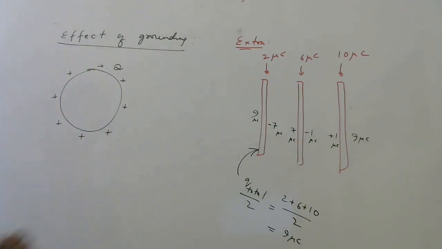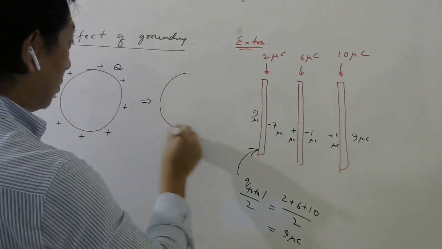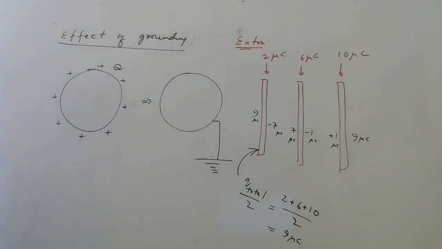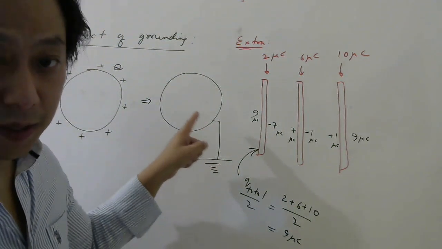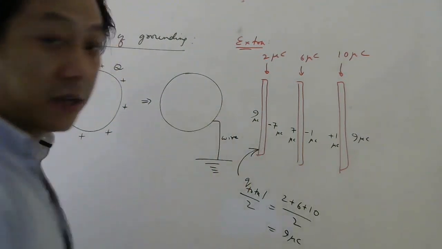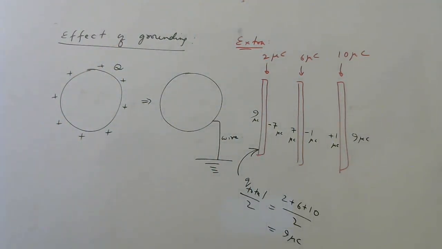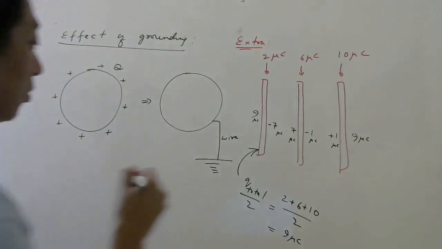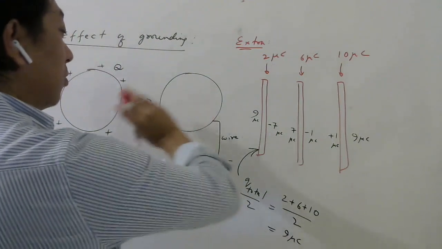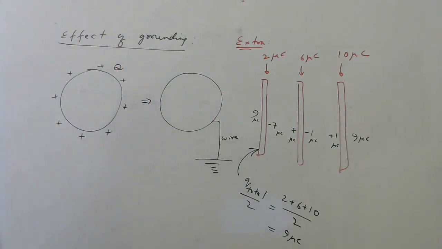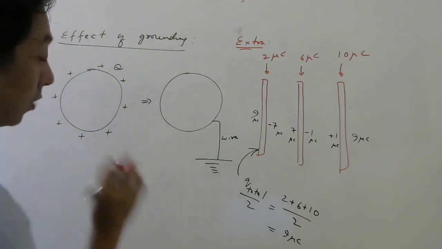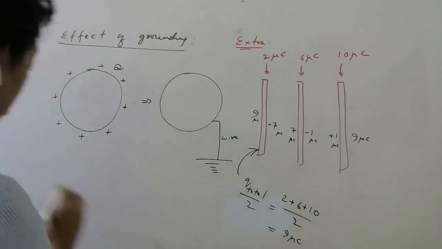Okay, now what I want to do is ground this. So grounding basically means connecting the metal sphere to the ground through a conducting wire. The question usually asked is how much charge will flow to the ground. Sometimes it may go this way, sometimes it may go that way, depending on the sign of the charge. So the point here is like this. Whenever such problems are given, whenever they say grounding has been done, understand this fact.